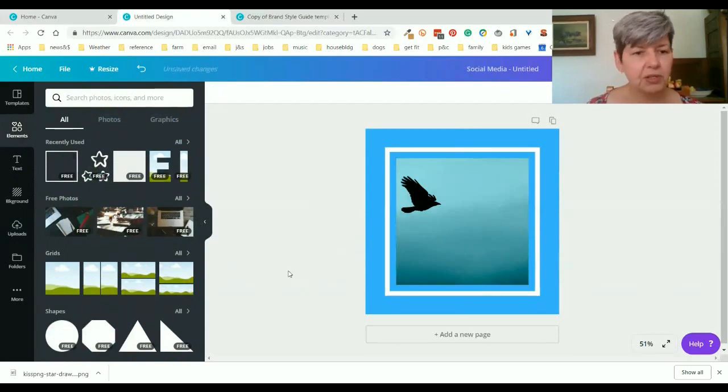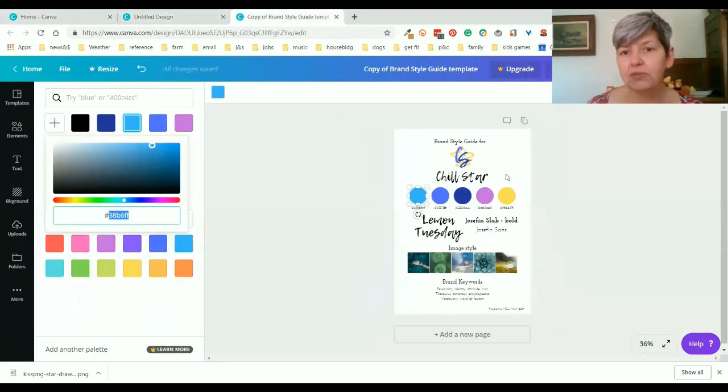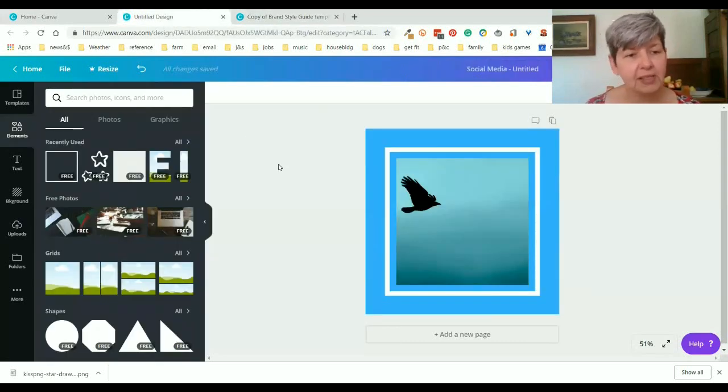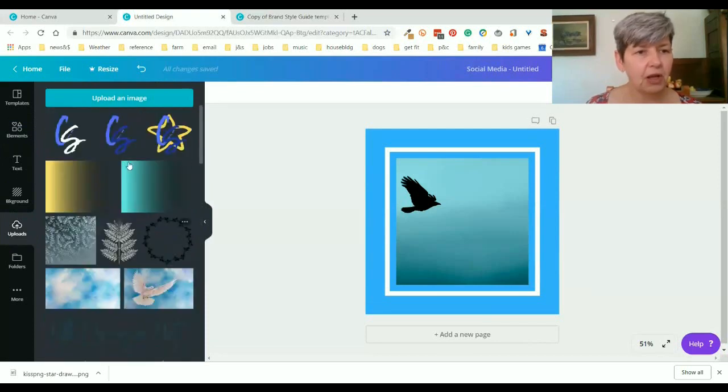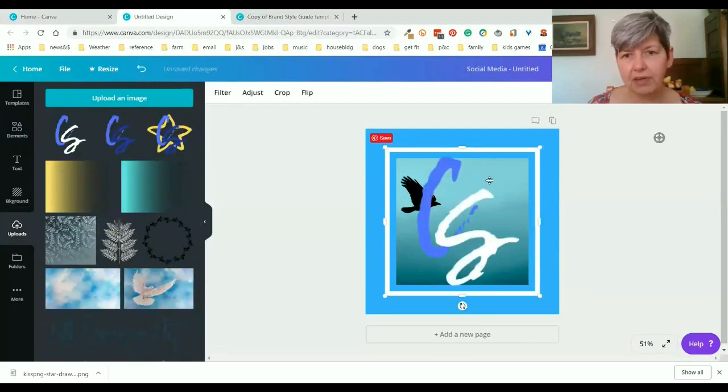And what we can do then is pop our logo on top. Now, you don't actually have to have a logo. If you're just starting out in business, you don't even have to have anything except for a word mark. A word mark is just your name in a particular font. It's super easy to do. Use your brand font. Here I've got Lemon Tuesday. That's all I've done. Written Chill Star. That could be it. If you want to get a little bit fancier, you can just make a logo out of some of the letters within your brand name, and that's what I've done for this too. So I've done it in a couple of color variations,